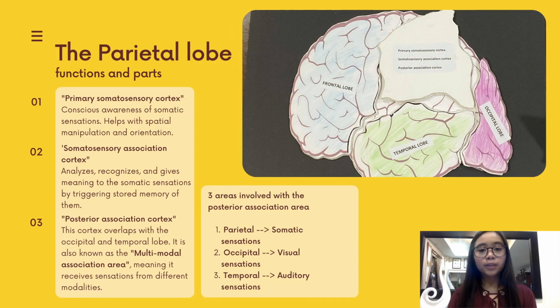The parietal lobe is responsible for processing somatosensory information from the body. This includes touch, pain, temperature, and sense of limb position. The parietal lobes are also involved with integrating information from different modalities, like using the posterior association area. It is also helping with spatial navigation, awareness, and orientation. An example of this is using it to reach out to an object, since it helps with our navigation of the